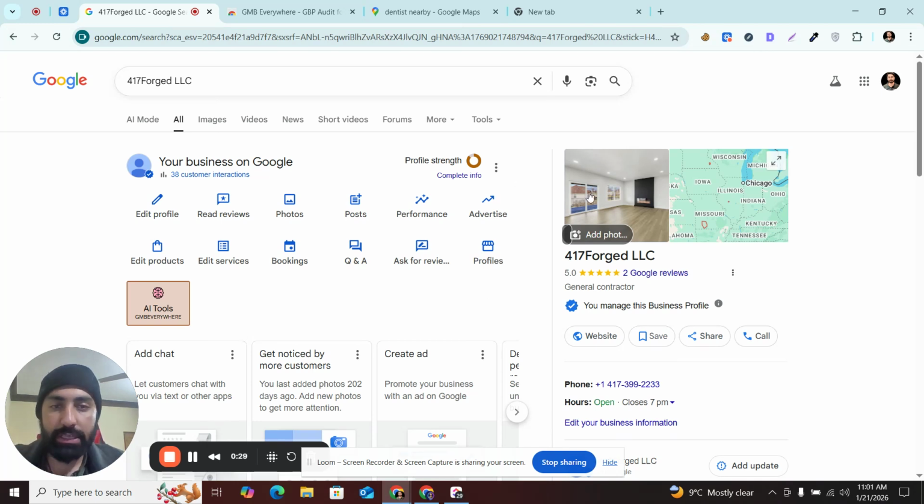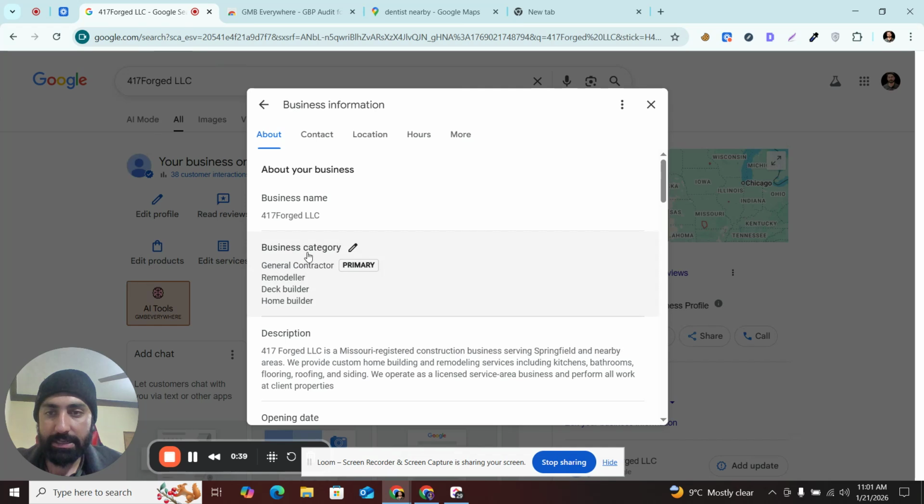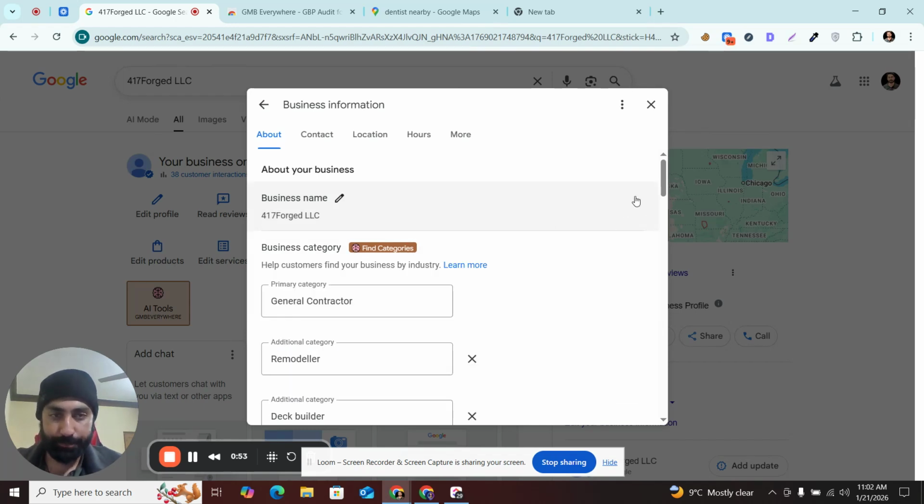So here is one of the GMBs that right now we will do the audit on. If you go on edit profile, in edit profile there's a category called business category. You can see here there are other categories, for example remodeler, deck builder, home builder, and the primary category is general contractor. And if you go and edit,